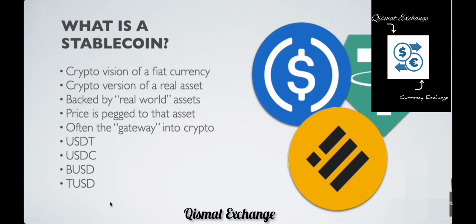We need to get into stable coins though, because these are the entry into the crypto space and they're also used to trade against every other crypto. So a stable coin is a crypto version of a fiat currency. It is always a crypto version of a real asset. So it doesn't have to be a fiat currency. There are other stable coins that are backed by other very stable real assets, maybe like gold, but it is definitely backed by a real world asset. And that's why it's called stable coin. Its price is pegged to that real world asset. So let's take US dollar